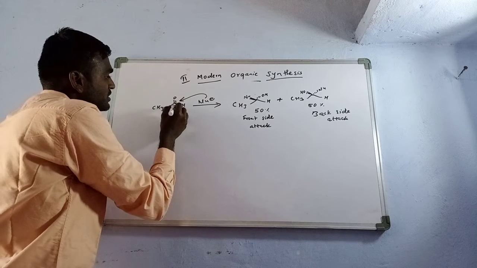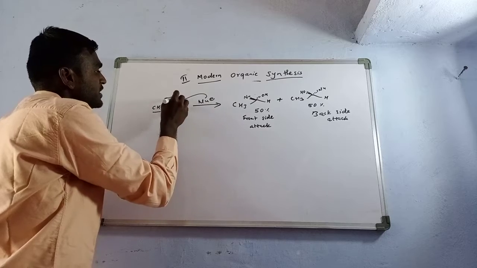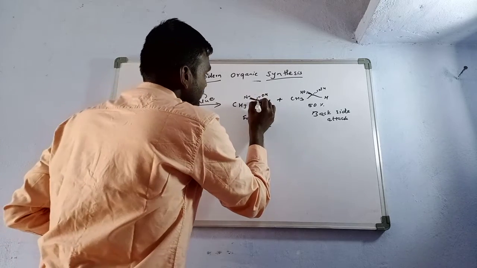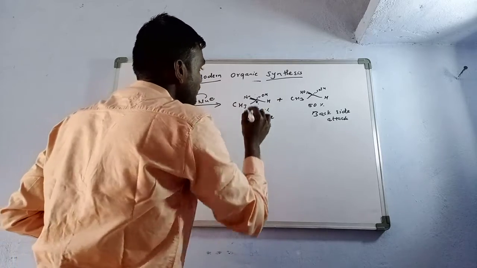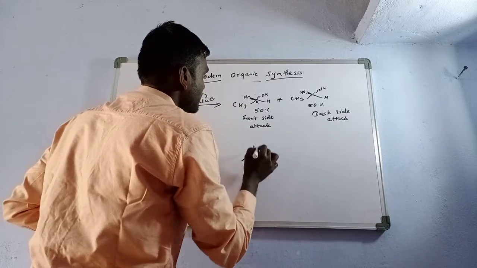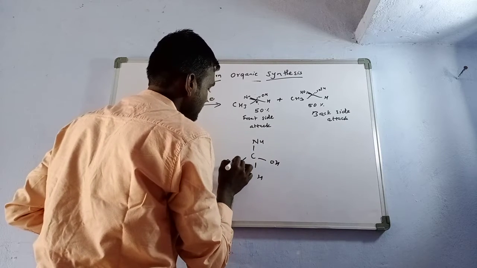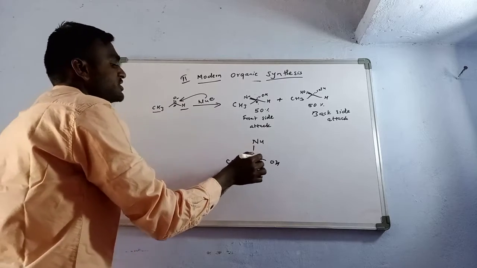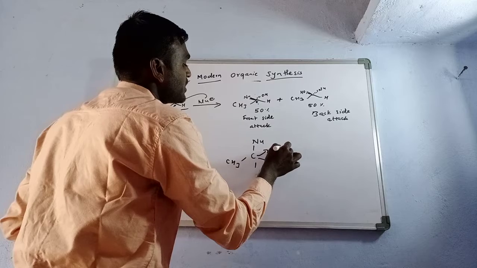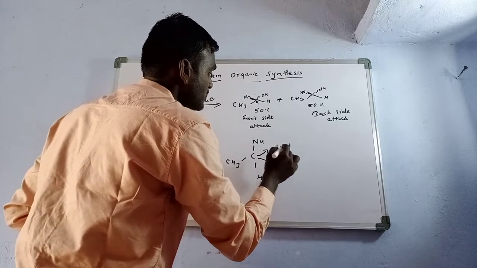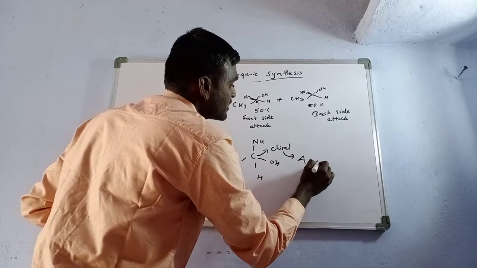Whenever the molecule becomes, the carbon was attached to 3 different groups. But see here, this is the carbon atom, right? The carbon which is attached to 4 different groups. There is a nucleophile, there is an OH, there is an H, and there is a CH3. So the carbon which is attached to 4 different groups is known as a chiral carbon. That chiral carbon center is known as a chiral center or asymmetric center.